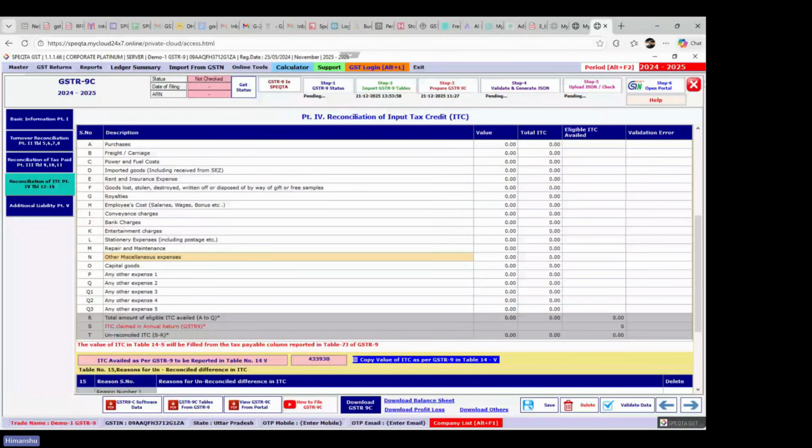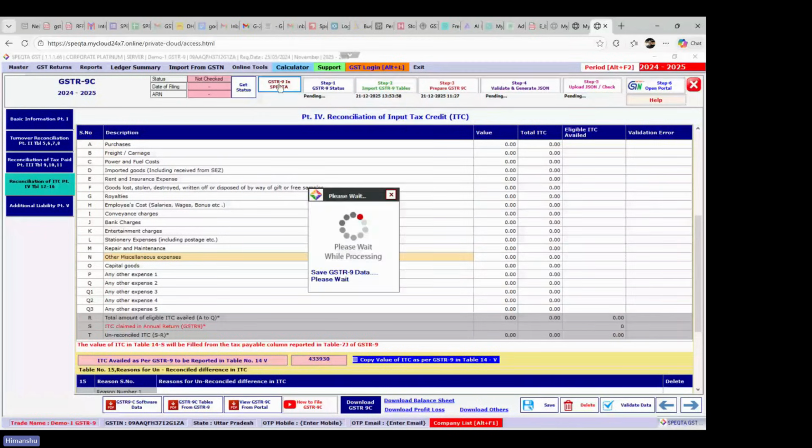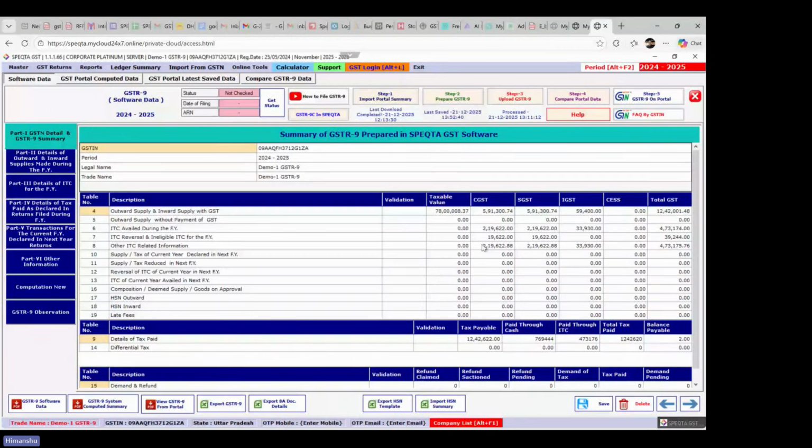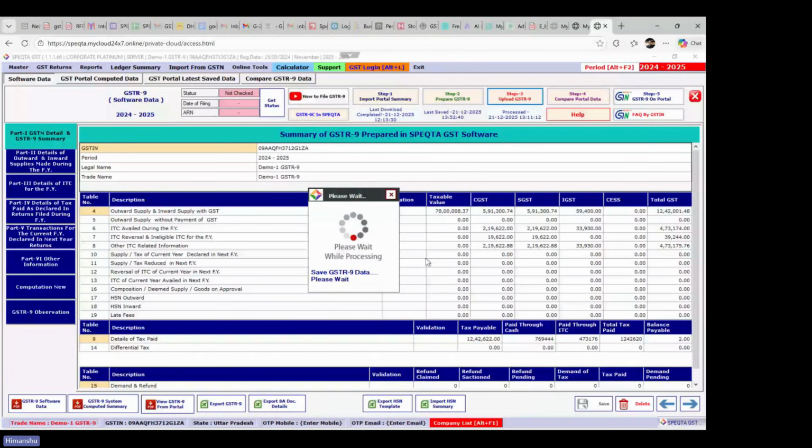So with this, we can conclude it, and I just want to show one more part, that is the uploading of the GSTR-9. So after finalizing the entire data, what we need to do is just click on step 3. Now in step 3, we have provided the various options. Upload JSON on the portal. Just click on upload JSON, and we have just provided again